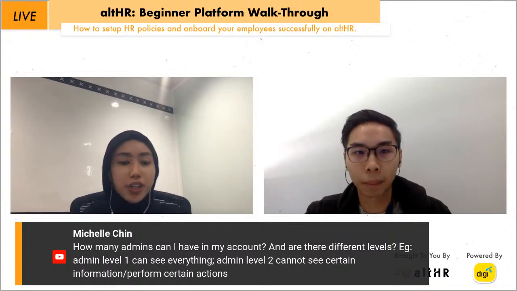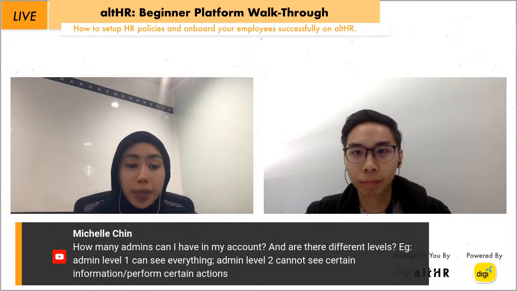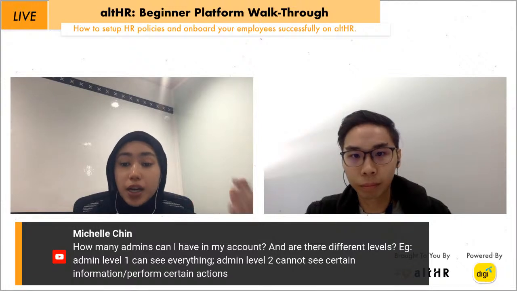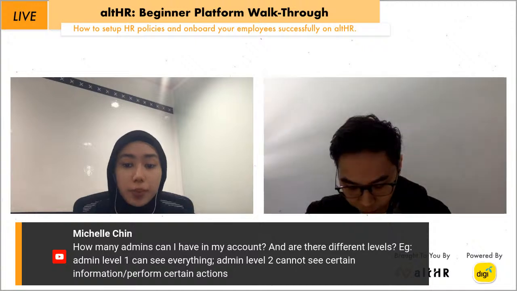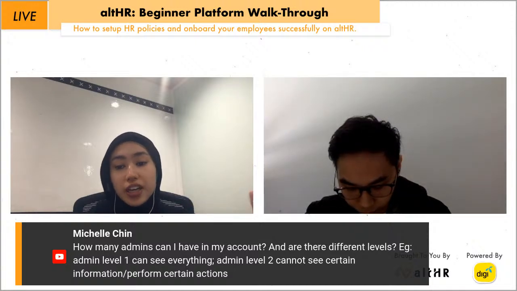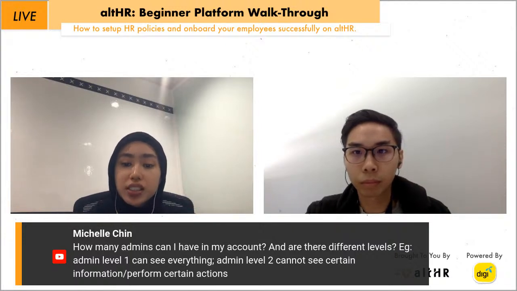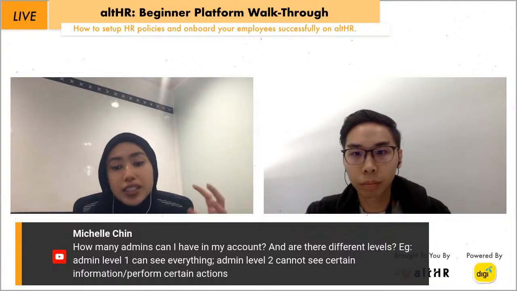Oh yeah, sure. So how many admins you can have in your account? Very great question. You can have as many as you'd like. The levels can be company admin, who sees all the modules. One level lower is module admin, who will only have access to the whole module, and another level deeper is sub-module admin. So they would only be able to see a certain section of the module, for example, just leaves,